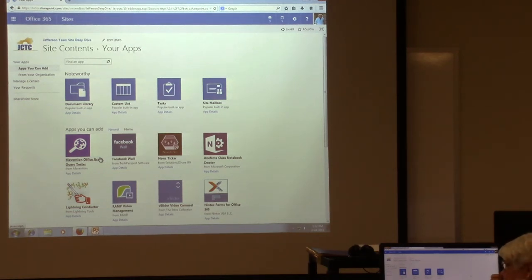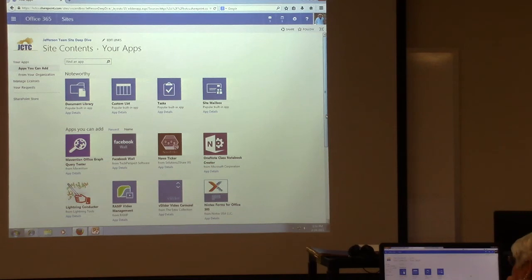So it isn't localized just to an app that you're adding to your team. It's an app that everybody across the entire system can add. So do note that in the SharePoint store, there are some apps that will charge you per user, per use. So if you run across one like that,